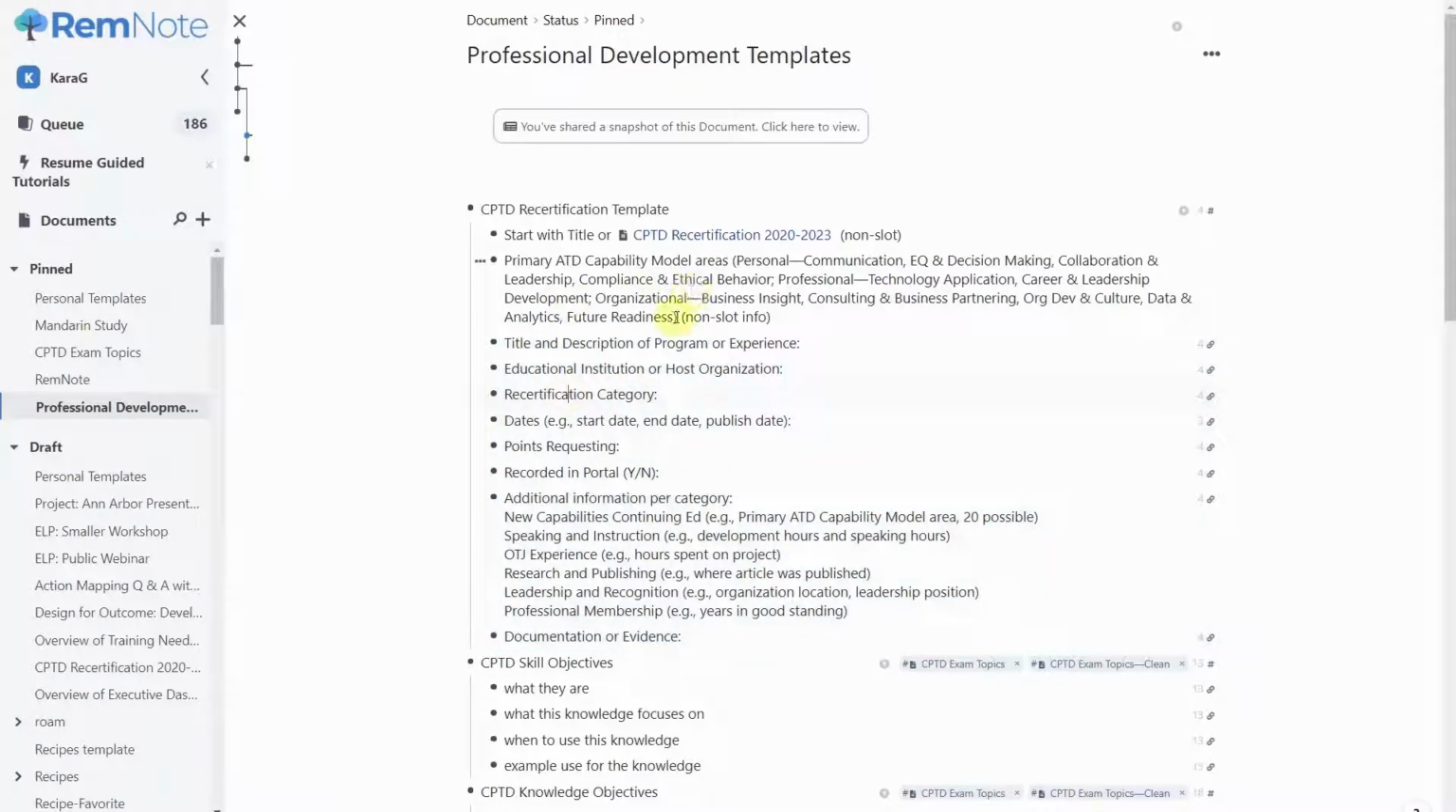The note that maybe is most relevant here is that the capability models for continuing education, there's only 20 possible that we can enter for the CPTD recertification. So that's just for my reference. So that's why I called it non-slot. The rest will enter as blocks of information. I got them from the ATD portal where we'll have to enter it just to make sure I was capturing